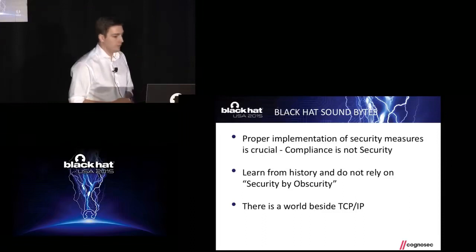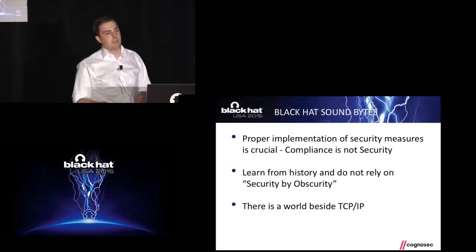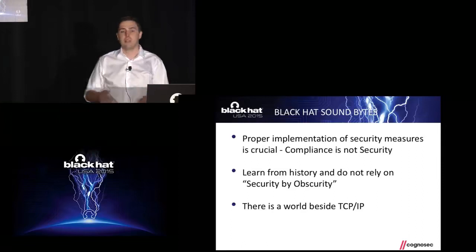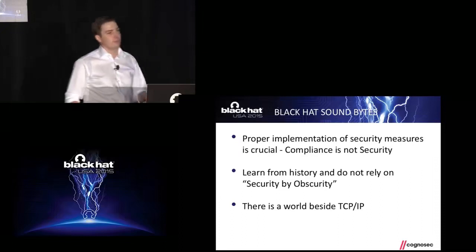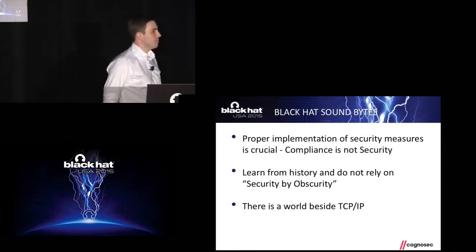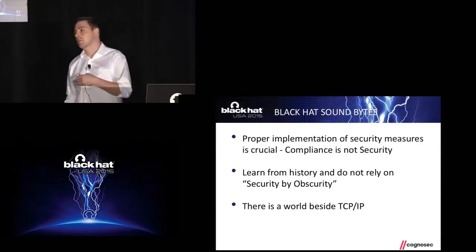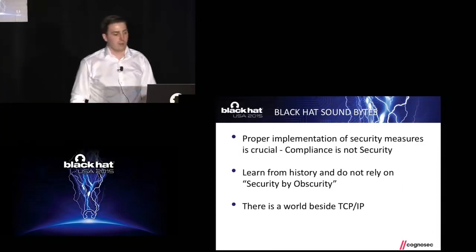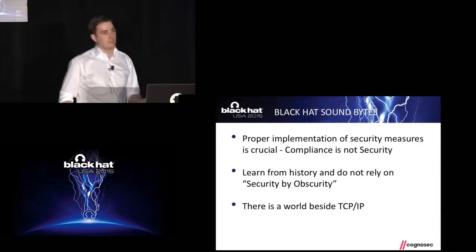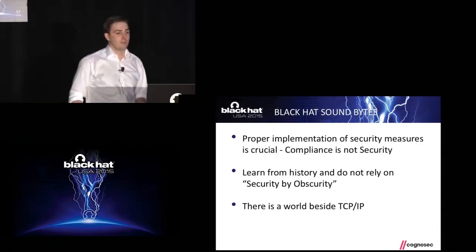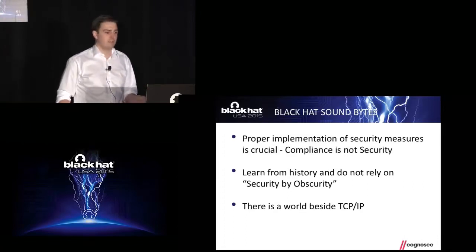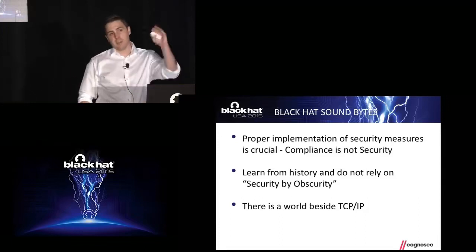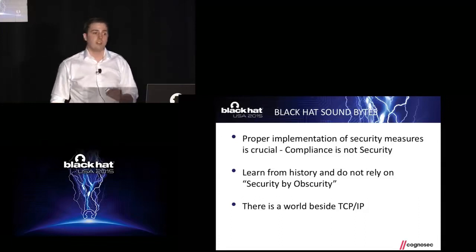And also, last point, very important, there is a world beside TCP/IP. In the IoT world, a lot of wireless communication is going on at the moment, and it's mostly not using Wi-Fi. The small sensors just don't manage to do Wi-Fi. Too many resources would be required. So you should be aware there's a huge attack surface on this level. As I said before, the guys flying over Austin: 18 minutes, 800 devices, and that's maybe, I don't know, the height they flew, but when you use a really good antenna, it might be even more.